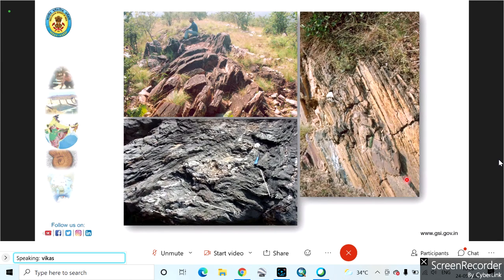These are some of the photographs. You can notice in the right side photograph, very tight isoclinal folds are present. You can even notice that the left side of the limb is actually overturned. Around the bottom part, where the fold closure is present, you can easily identify the overturning of the bed. So these are some other features which have been very helpful in identifying our observations, apart from some of the basic ones. We saw these structures afterwards, before we identified that the beds were overturned.